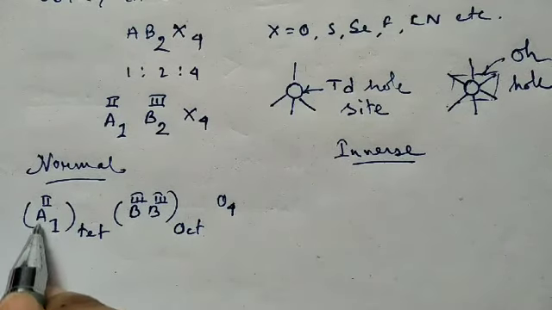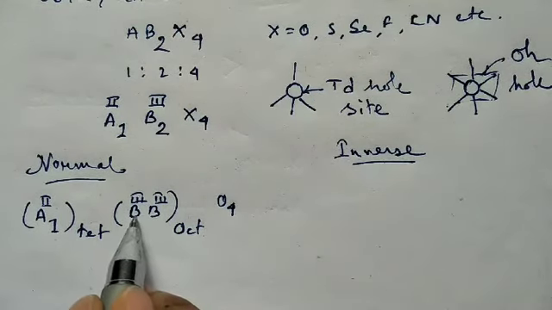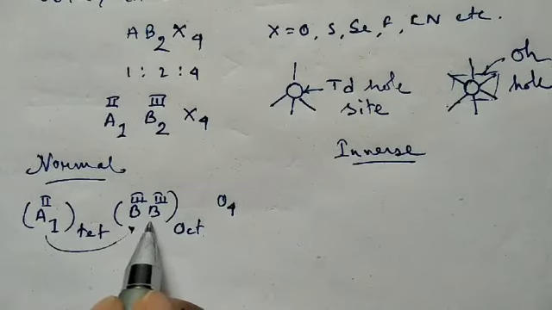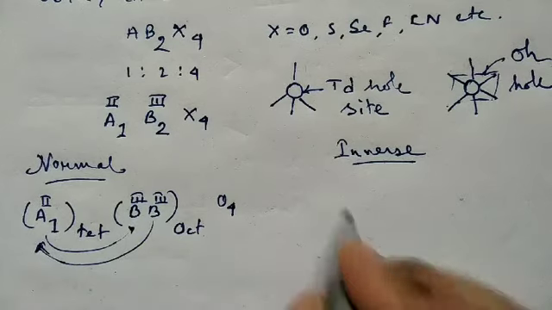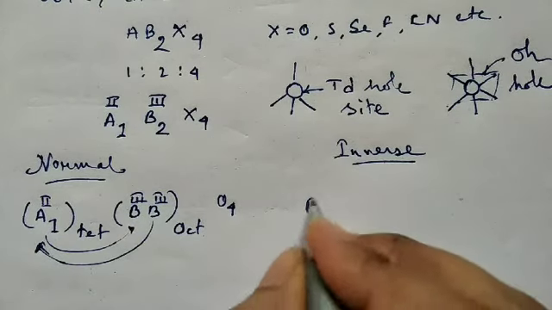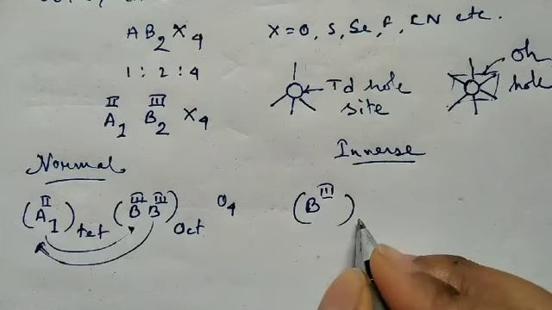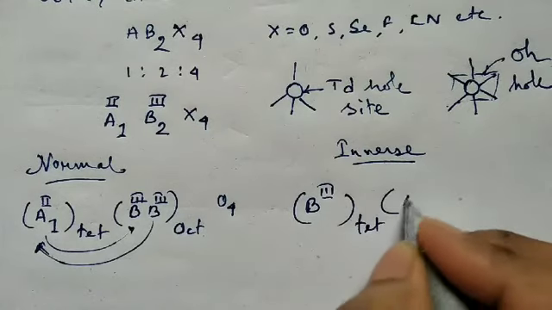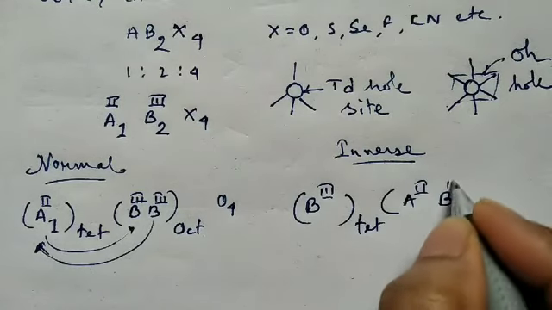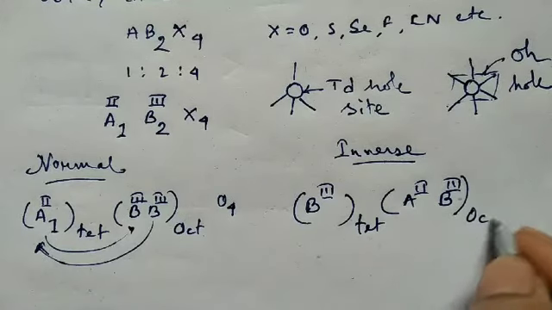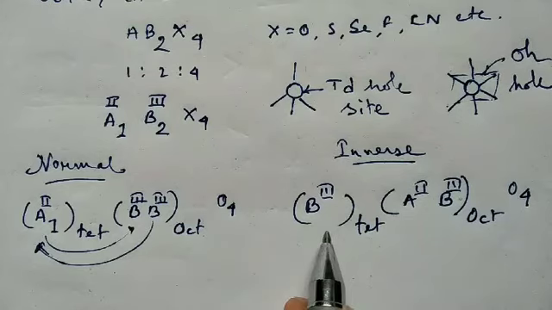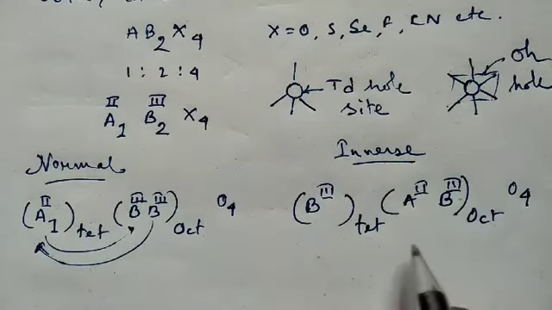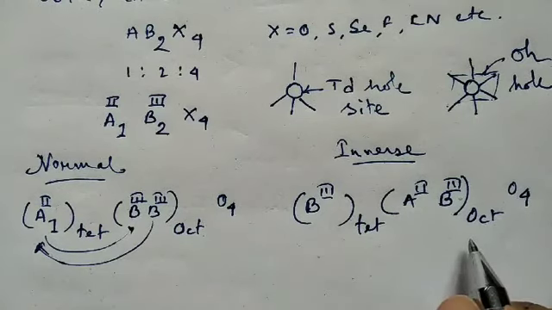And what will be the inverse spinel then? Put the dipositive cation in an octahedral hole and take one tripositive cation in a tetrahedral hole. If you change like this, then it will be an inverse spinel. Take the tripositive cation in a tetrahedral hole and put the dipositive cation and another tripositive cation at the same position, the octahedral hole. Here the O4 I am taking is oxide. Most of the spinels are seen in oxides. Okay, so this will be called an inverse spinel.